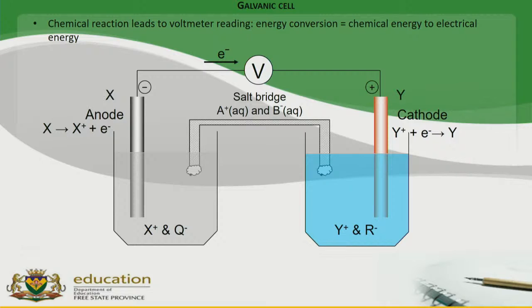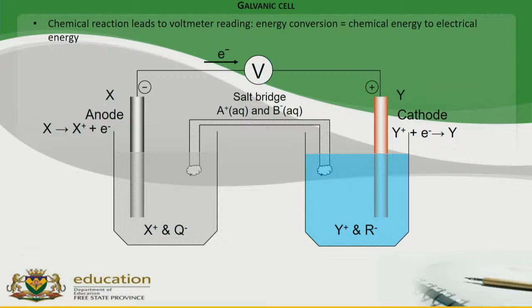You must know the energy changes in a galvanic cell. You must know the energy change in an electrolytic cell. You must know what an anode is. You must know what a cathode is. You must know the polarity of your electrodes in a galvanic cell and the polarity of the electrodes in an